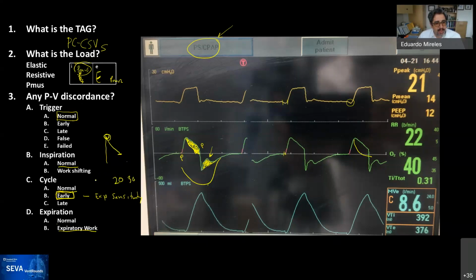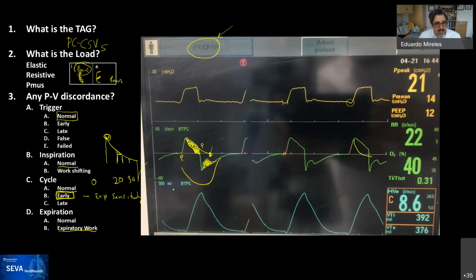If you move this number lower, let's say you put 0, this would go all the way to 0, and then you would exhale. If you put 10%, it would be here, 20%, 30%, and so you can even shorten it if you want. But in this case, you would prolong it so that the patient continues to receive flow all the way to here,